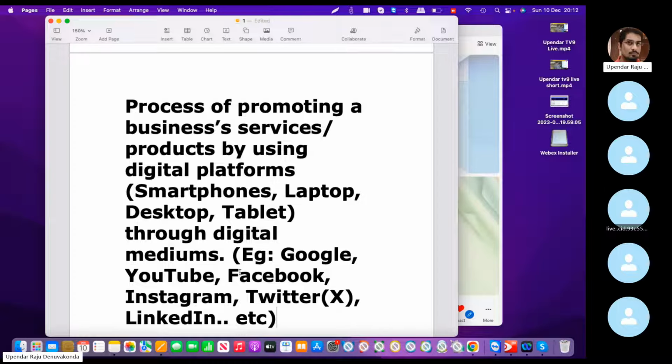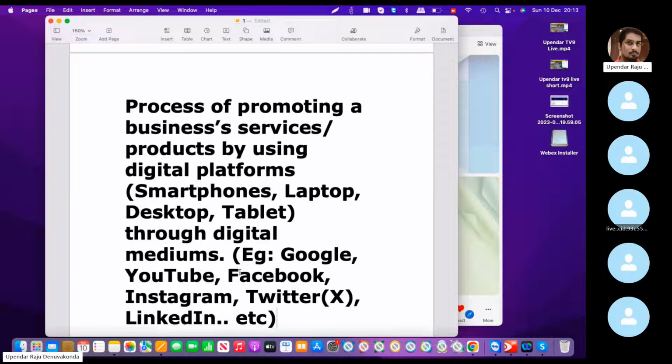So what is digital marketing? Digital marketing means the process of promoting a business. The business could have services, or products, or both, and it is promoted by using digital platforms like the smartphone, laptop, desktop, or tablet, and through digital mediums. So we are using Google